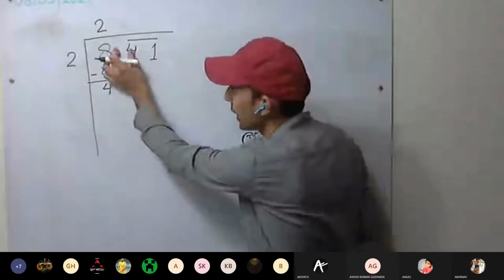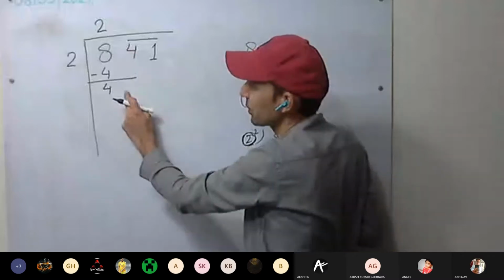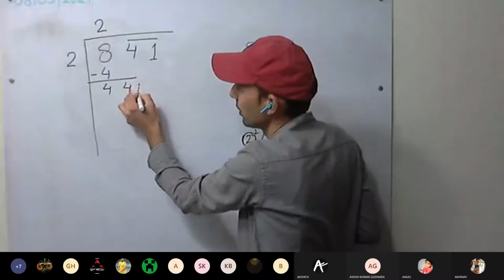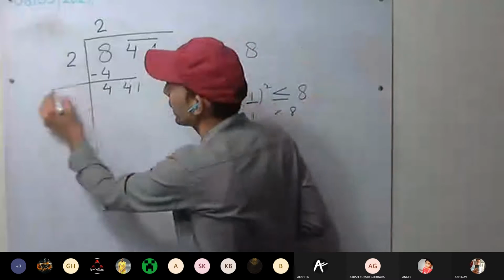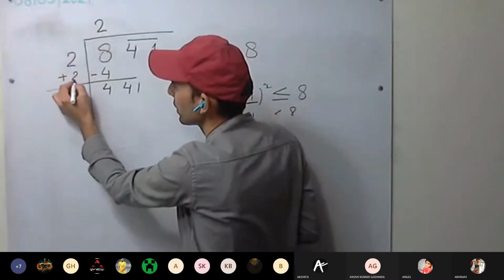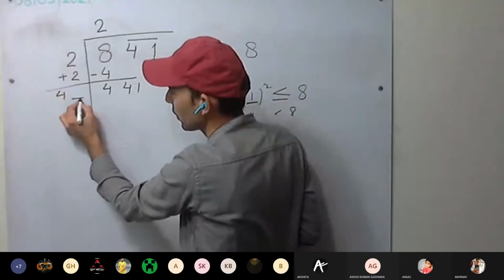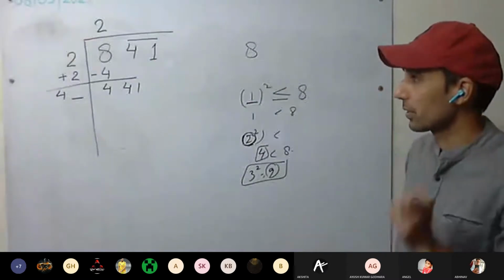Now we have to write the next number as we used to do in division. That next number we used to put. So this time we have to put this 4, 1 together, because wherever they go, they will go together. And on this side, what you have to do? This 2 we have written, we will add that. 2 plus 2, 4. Write it here. Here we have to leave space.